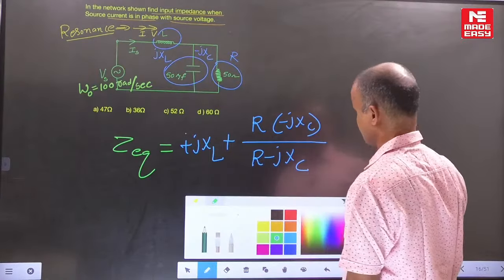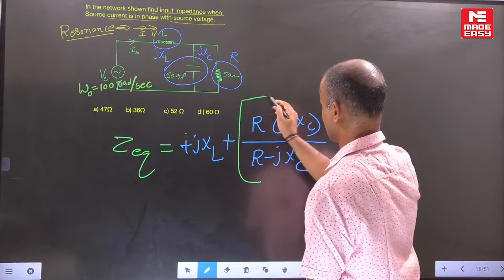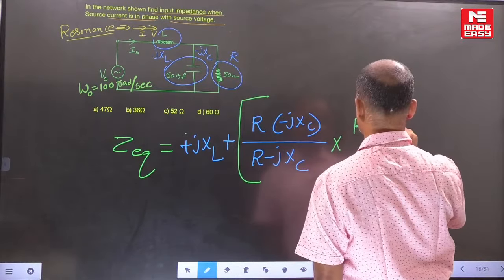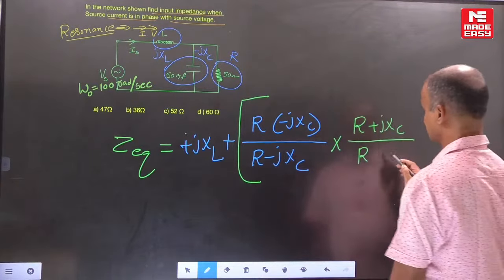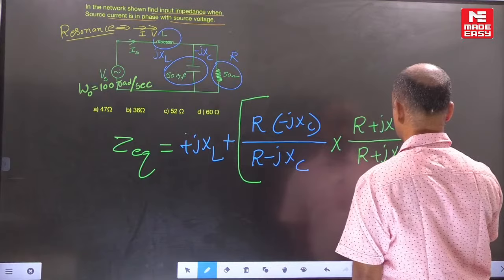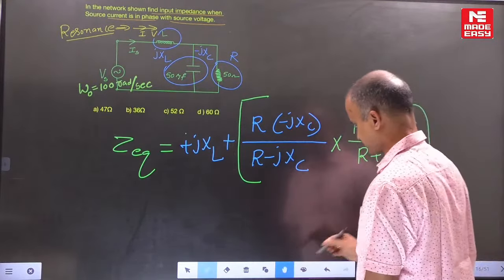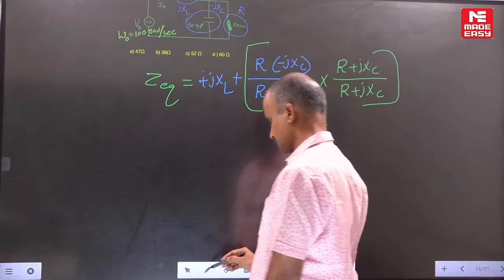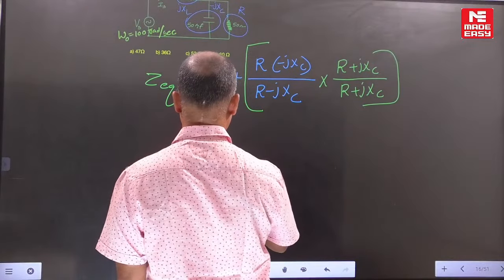Then in this first term, we can conclude directly it is the imaginary part only. In the second term, can you separate the real and imaginary parts? To separate real and imaginary, can you multiply by the conjugate of this one? If you multiply these two, can you separate the real part of this one? Check karo ji. If you separate the real part,